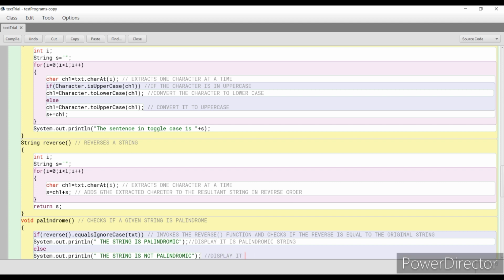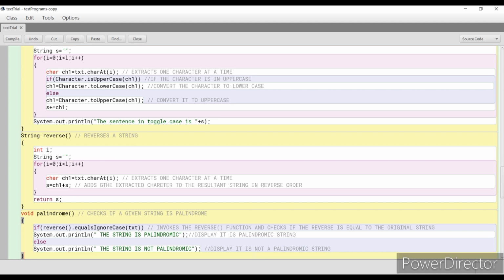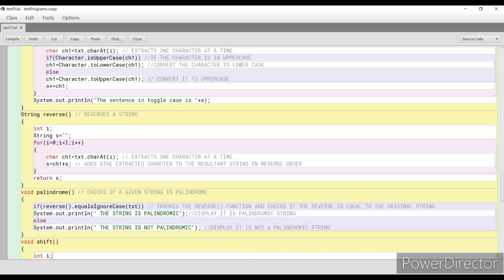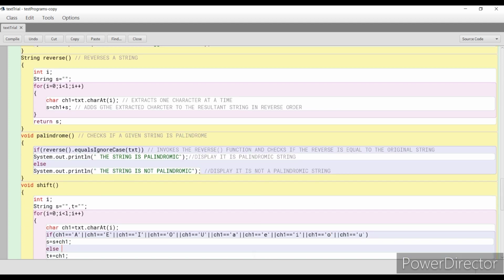So as you can see, I have made use of the function reverse, which does the same. The next function that I have written is a function called shift. This particular function shifts all the vowels to the beginning of the string,